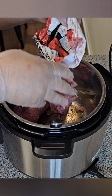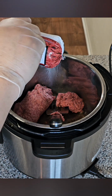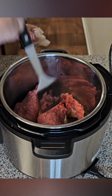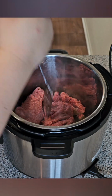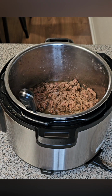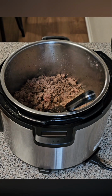Meat tube in, one meat tube, and meat tube number 2. All right, so now I'm using this. I want to smash it all up in there. All right, so the meat is slightly brown. It's sauteing, and it has a fair amount of liquid, and that's what I want for the next step, which